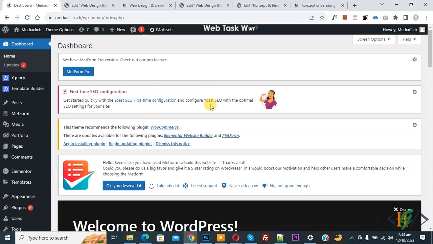Bismillahirrahmanirrahim. Assalamu alaikum. My name is Hassan, and today we are going to add particle background to section in Elementor